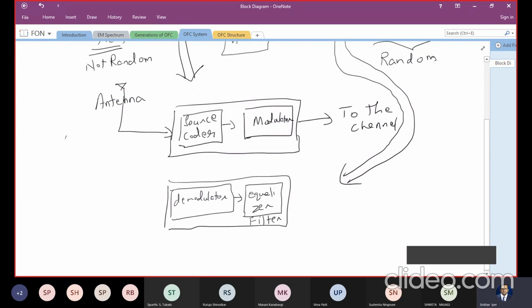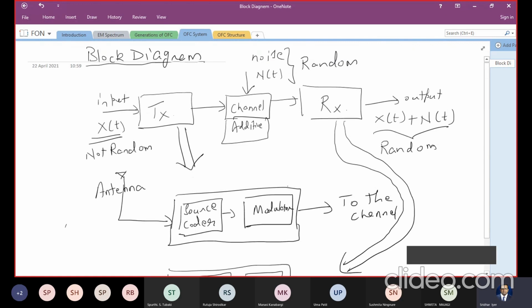Okay. So I'm not going into the details of what an equalizer is right now, but when the time comes in module 3, I will explain what an equalizer is. It's a very, very important device. For those of you who listen to music on Windows Media Player or VLC player or any kind of player, you will have a tab which will show you equalizer. So if you have not yet used it to listen to your music, just change settings in the equalizer and you will find out what the effect is. Right? In music, it basically changes the bass of a signal. Okay? So this equalizer filter is a very important filter there. Okay? So that's how your transmitter and receiver look.